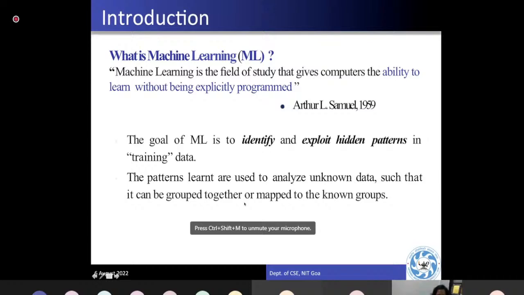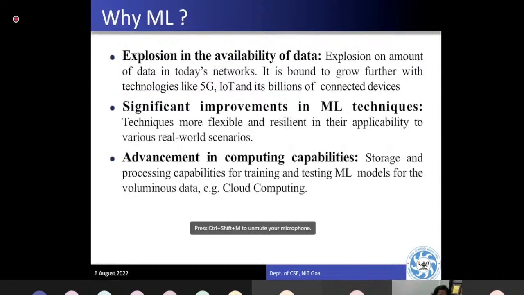So why machine learning? Why is machine learning suddenly booming and everybody is interested in it now? In any number of domains, even non-computation domains, people are using machine learning. Why has it suddenly happened that the whole industry, everyone, is interested in machine learning? One basic factor, I believe, in the domain of computer networks, is the explosion in the availability of data.